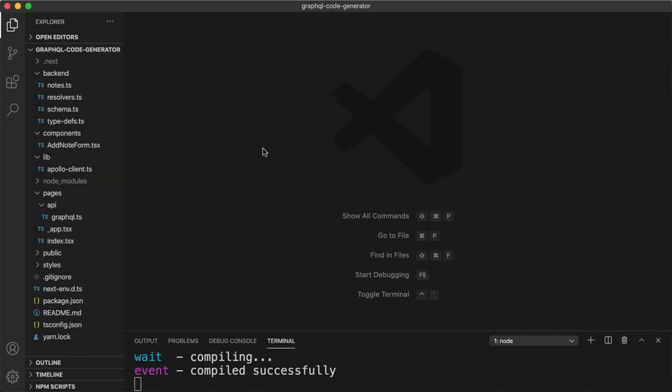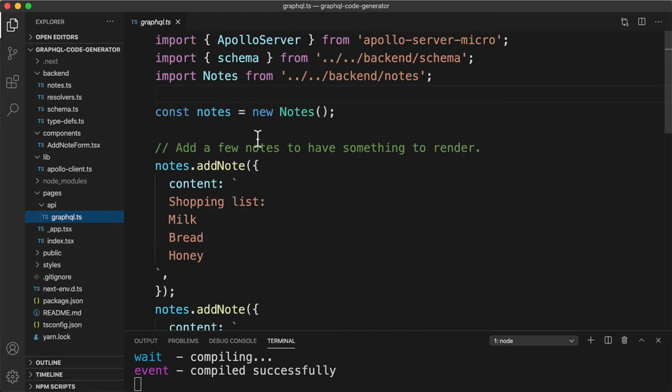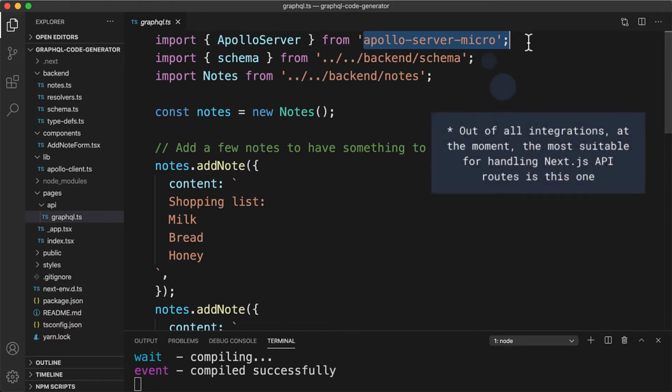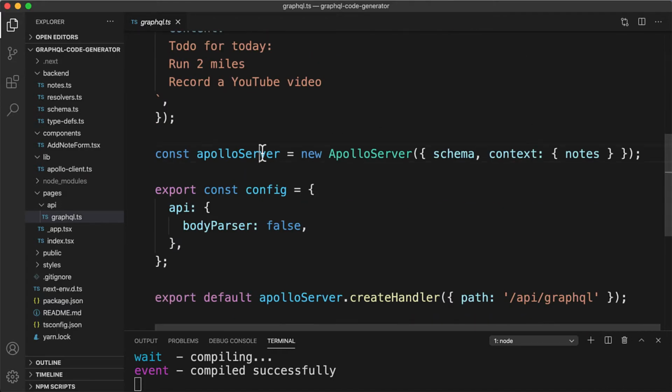The GraphQL API is served from the route API GraphQL. Here I'm importing the Apollo server from the apollo-server-micro package. This is the Apollo server integration that is most suitable for serving a GraphQL API over the Next.js API routes feature at the moment. So in this file, I instantiate the Apollo server, providing it with the schema and the context